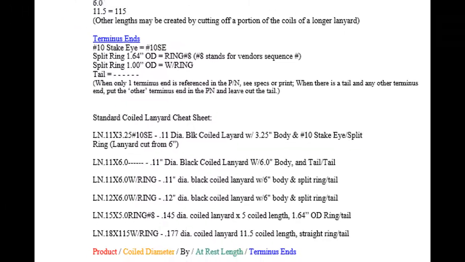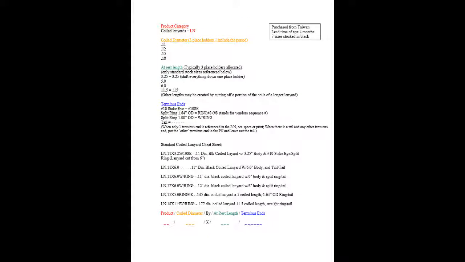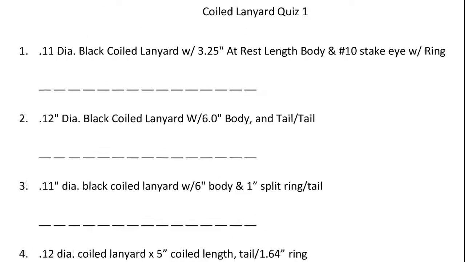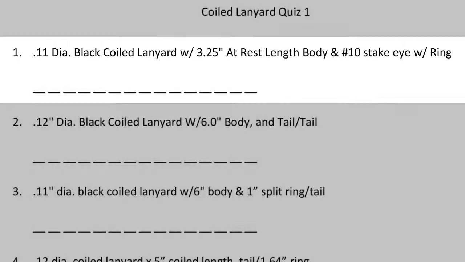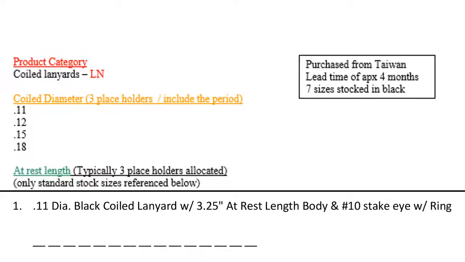Now that we know how to use the part code guide, let's move on to the practice quiz and put it to use. Coiled lanyard quiz. Number 1. 0.11 inch diameter, black coiled lanyard with a 3.25 inch at-rest length body and a number 10 stake eye with a ring. First, we identify on the part code guide that this product is going to start with